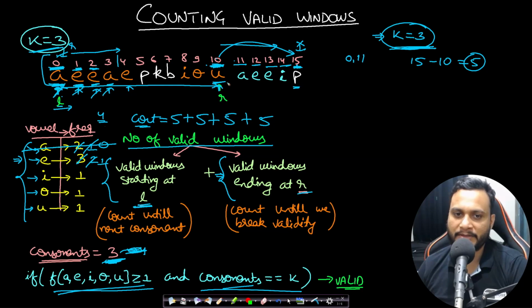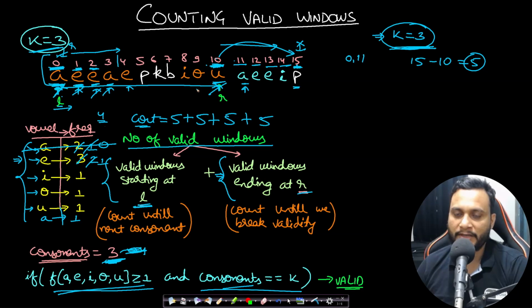As soon as that happens, you move this R to the right hand side. And when you see a new item, if it is a vowel, you just increment the frequency. If it is not present in the map, create a new entry in the map. Okay, so this is the process in which we will be trying to use the 2 pointer